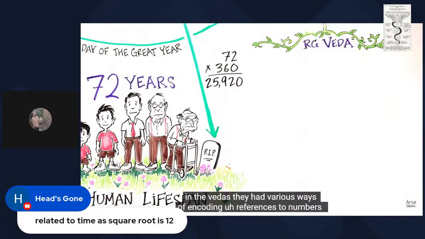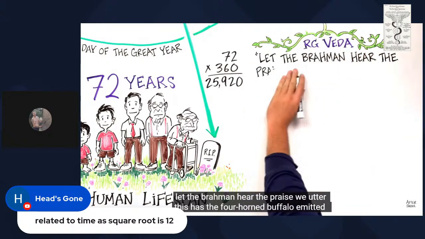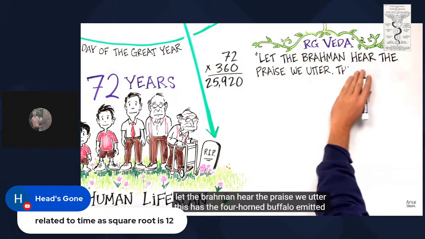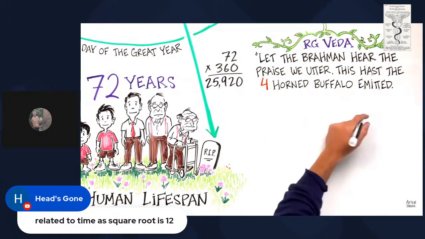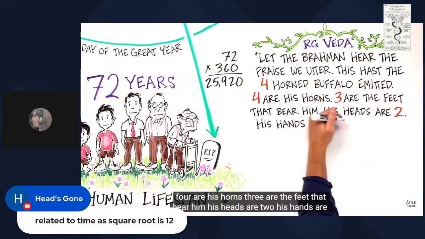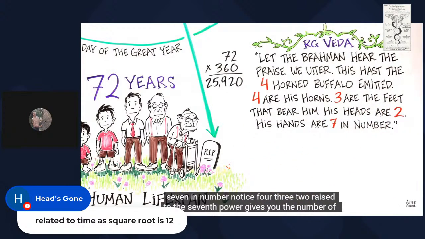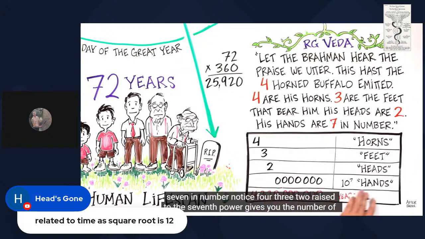In the Vedas, they had various ways of encoding references to numbers. "Let the Brahman hear the praise we utter. This hath the four-horned buffalo emitted. 4 are his horns, 3 are the feet that bear him, his heads are 2, his hands are 7 in number." Notice 4, 3, 2, raised to the 7th power, gives you the number of years in the ancient Vedic time span, the Kalpa,